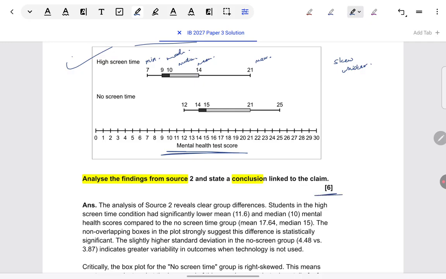I would recommend anywhere between 200 to 220 words. This is not the official IB word count. This is what I'm recommending. I'm not aware of any official word count being released as of now. Based on my experience of the past syllabus, I'm recommending this: that for 6 marks, usually what is justified is this word range.